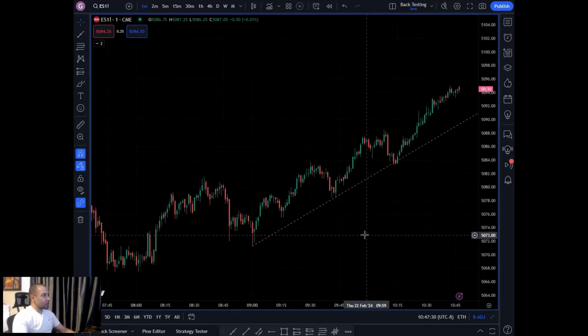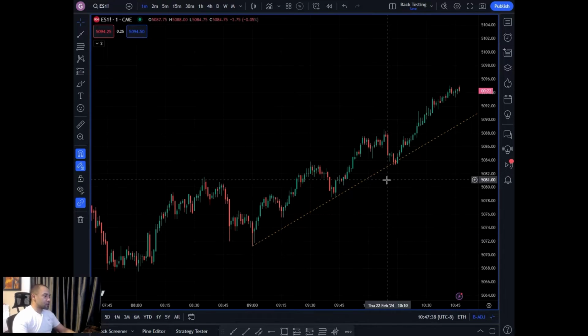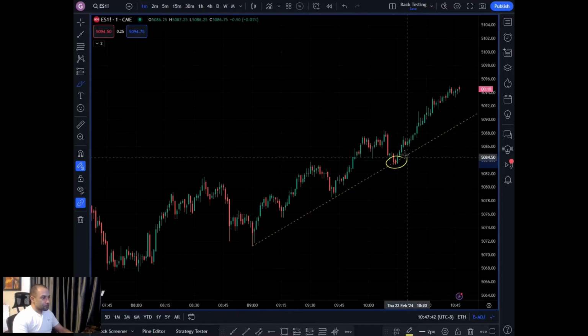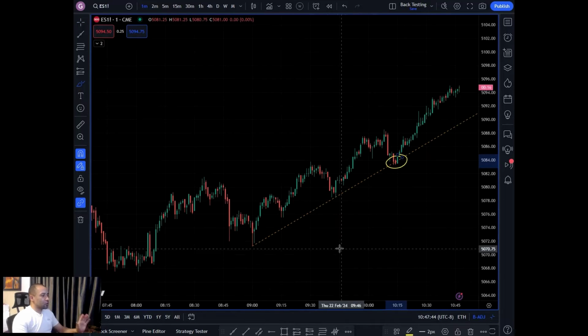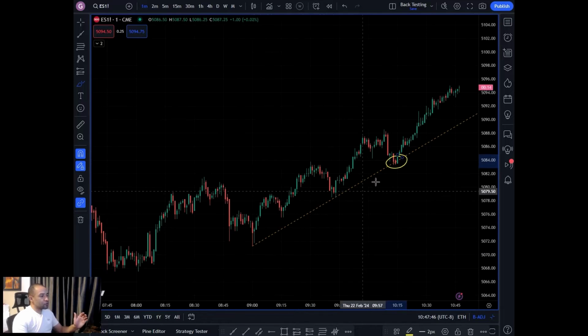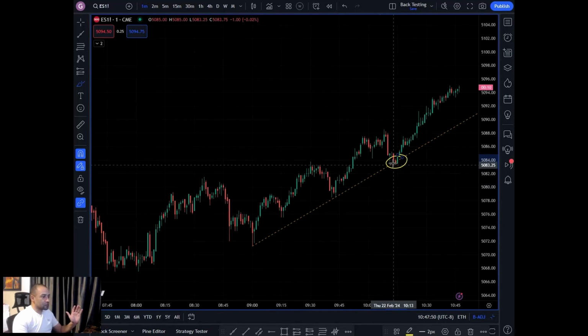Just like the zones that we draw for support and resistance on the 1 hour time frame, you should think of your trend lines more as areas. So it's okay if price breaks through like it does right down here. That's fine. What you want to see is the 3 points are connected. If the trend line is broken a little bit, that's still fine.